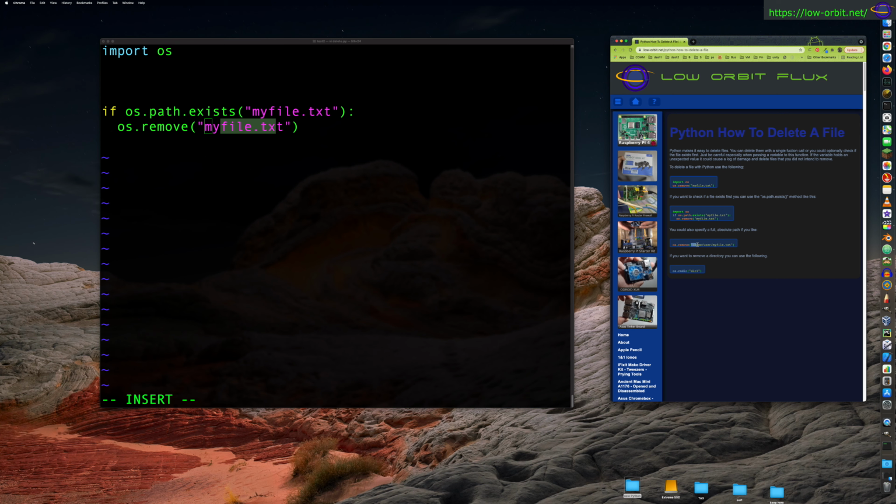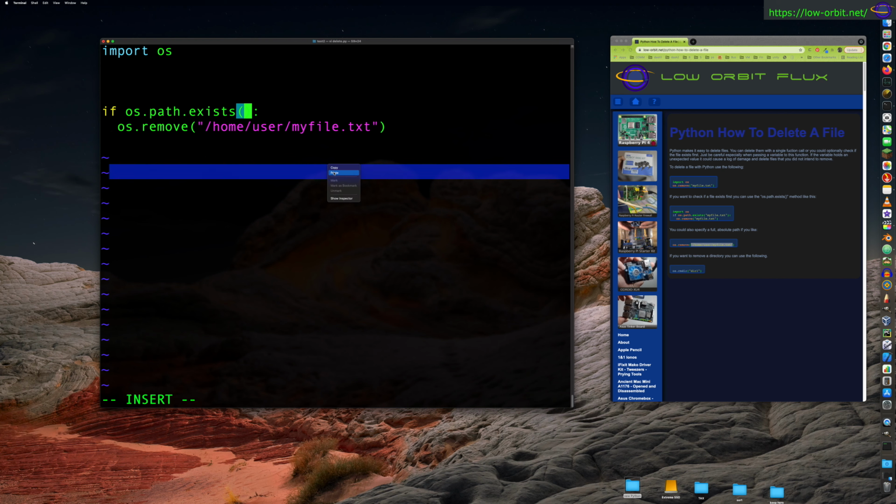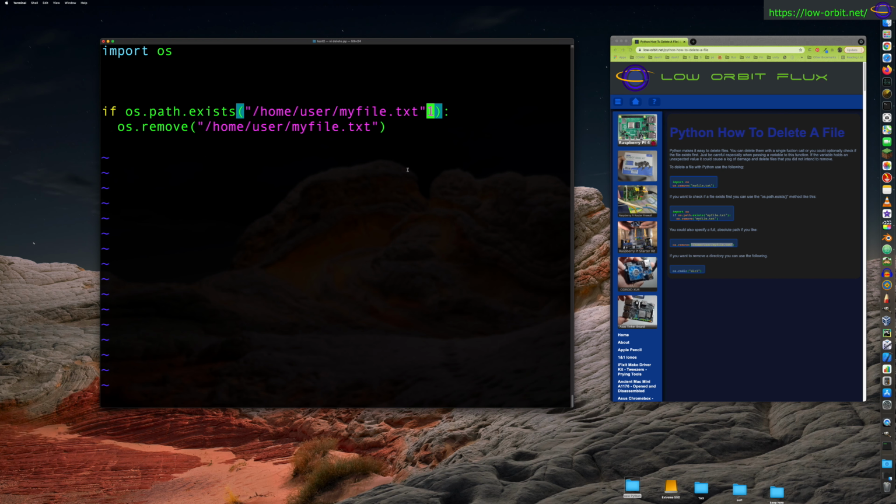I'm not going to use that for this example. So I'm going to specify the full path. And there we go. So using a full path to this file,